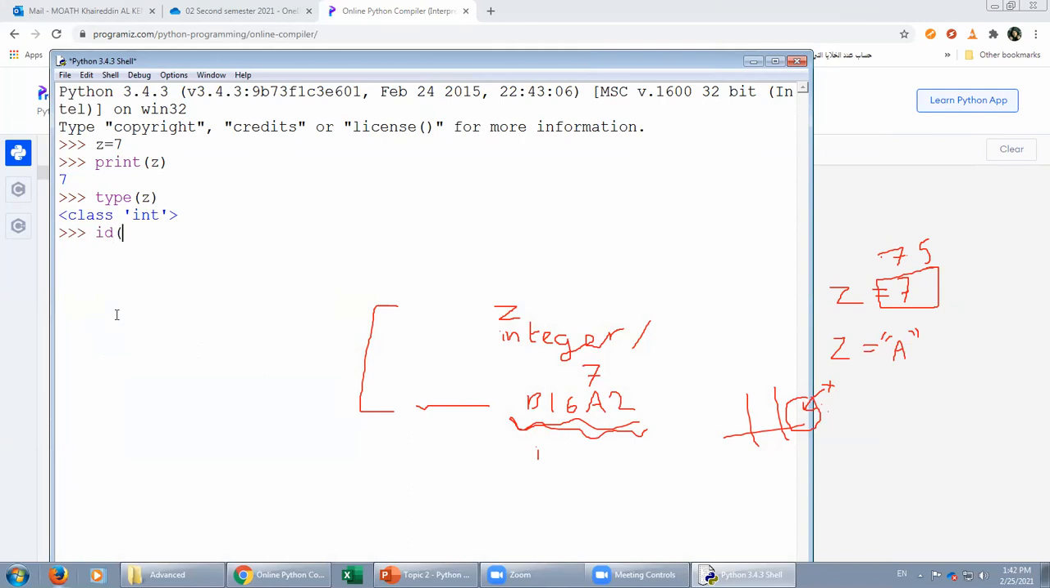بدي أشوف الذاكرة، هاي رقم الذاكرة id z، هذه الذاكرة الموجودة عندي. كل هذه أشياء ممكن أعملها مجرد ما عملت أنا z equal 7، print z طلع لي قيمة زد، خزن لي إياه. الآن لو أقول له print z بأي مكان راح يطلع لي 7. هاي 7. واضحة؟